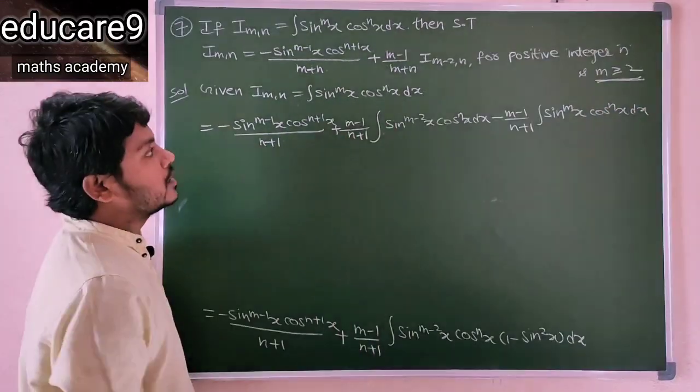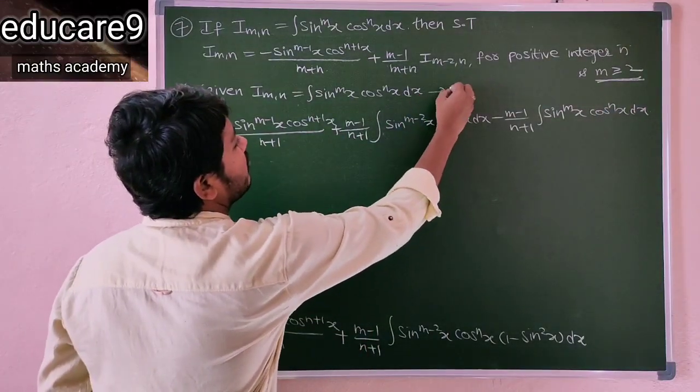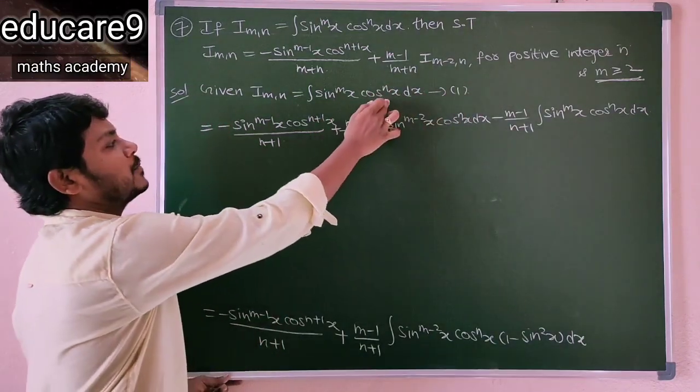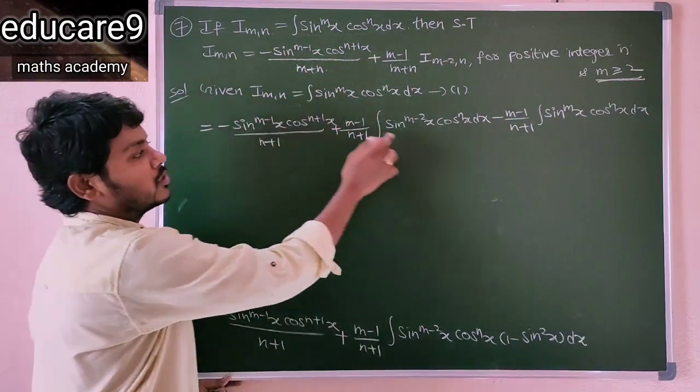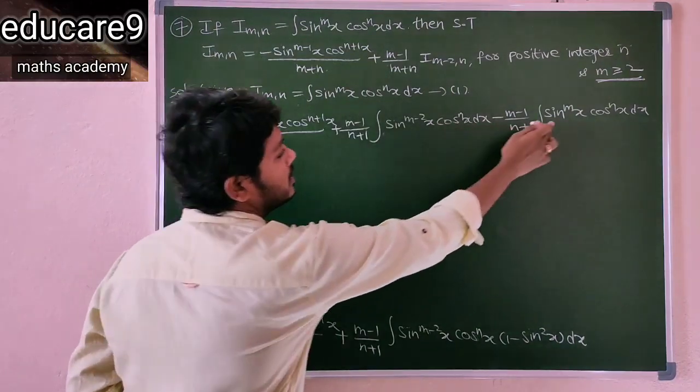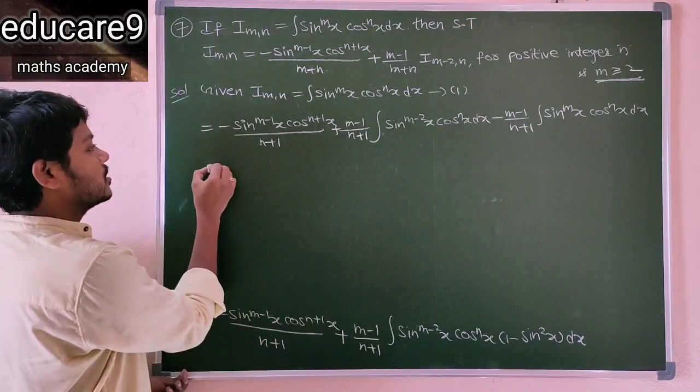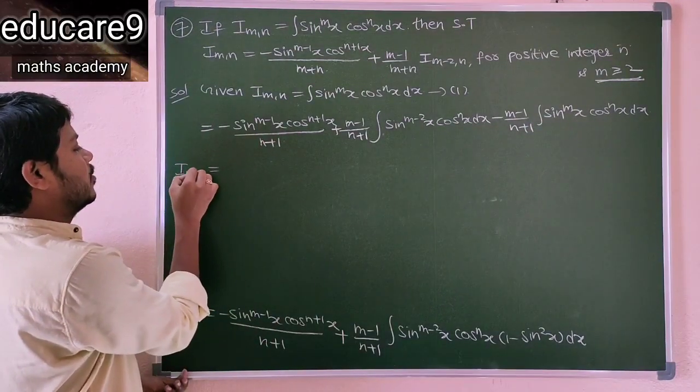Okay. So from equation 1, sin^m x cos^n x is I(m,n). So clearly this is I(m-2,n), this is I(m,n). So this is equal to I(m,n)